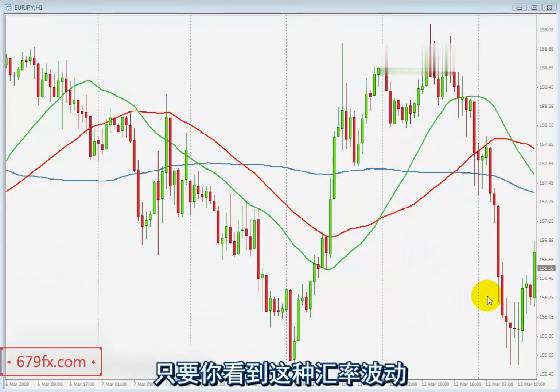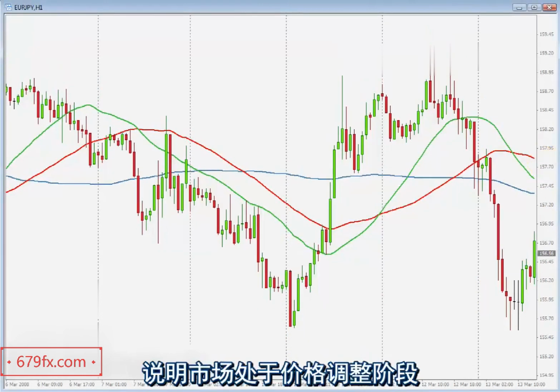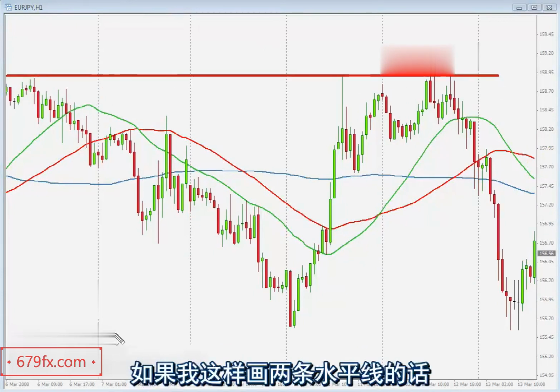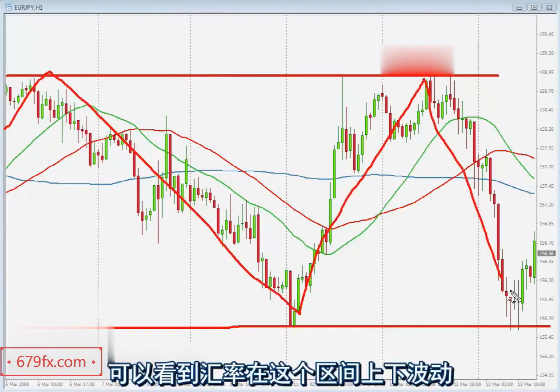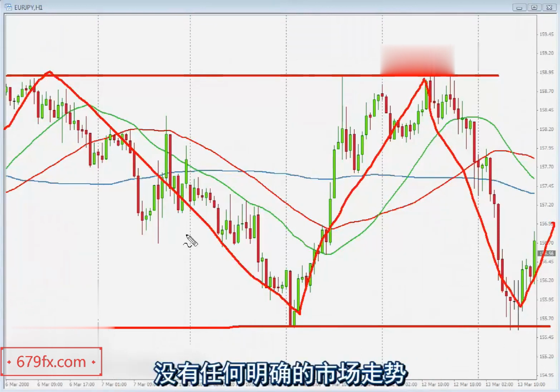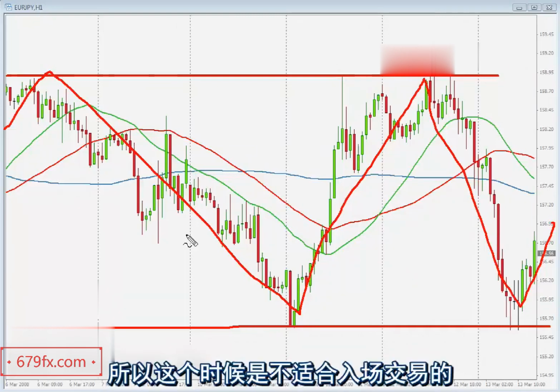Whenever you see this type of price action, basically what you usually have is a ranging market condition. In fact, if I draw 2 horizontal lines, we can see how price has been bouncing up and down without any clear market direction, and therefore, any type of trading decision you may take on this type of chart is going to be a low probability trade, because there is no